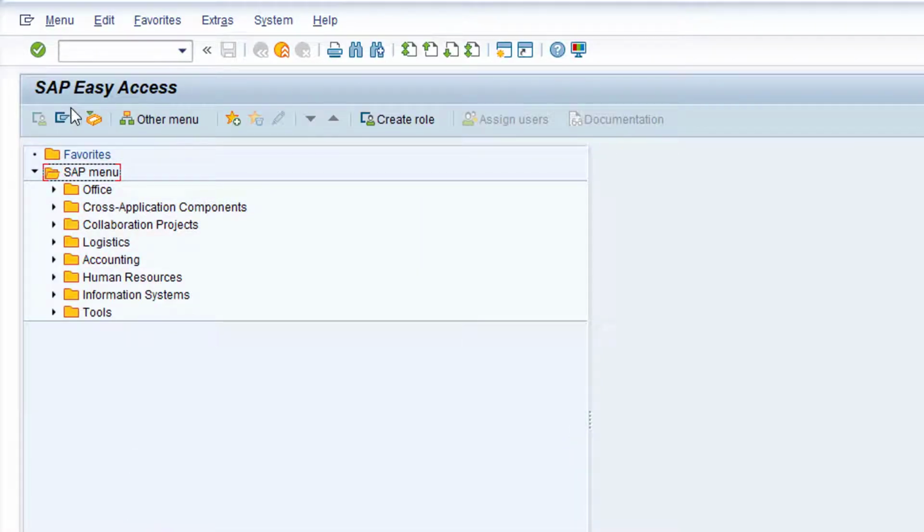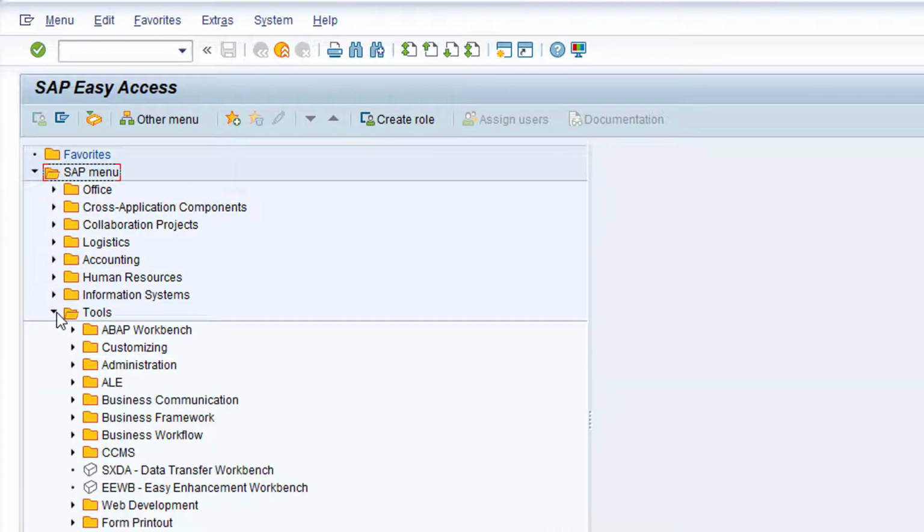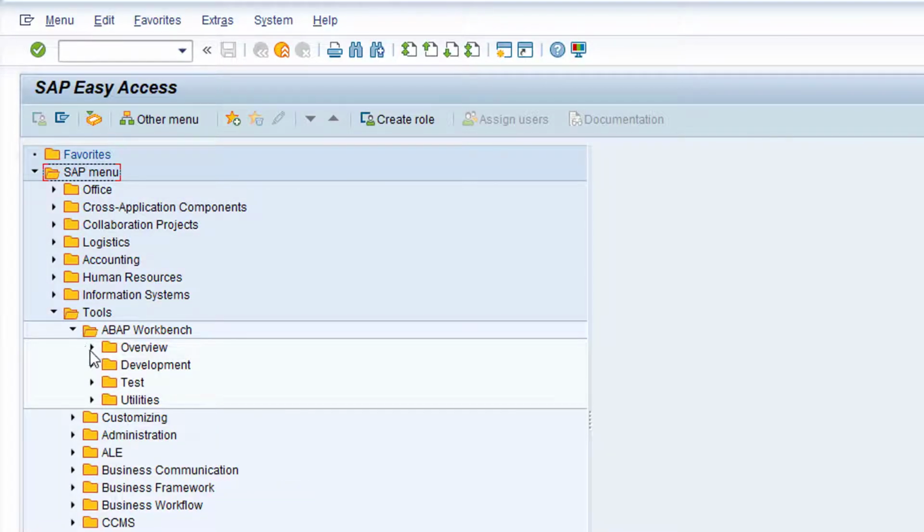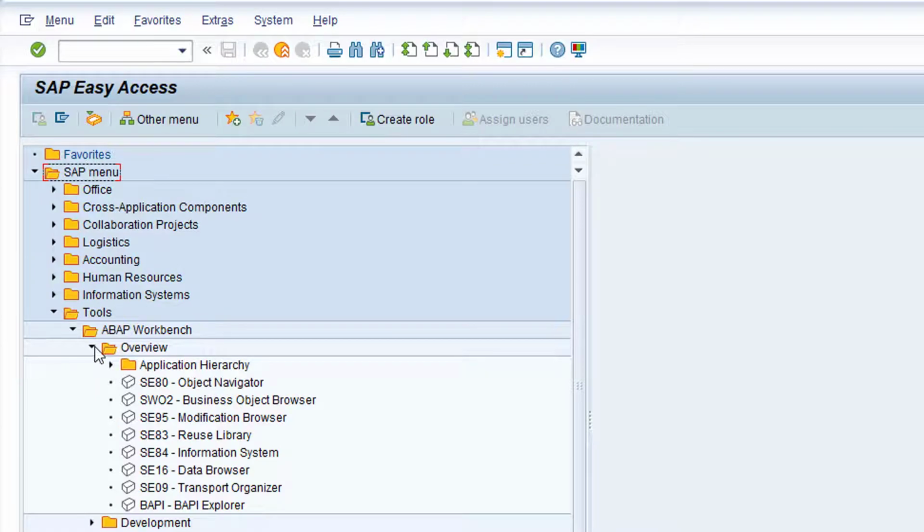Let's now execute the data browser transaction, transaction SE16, and analyze the tables to find the relevant fields. Start with the Tools folder, then ABAP Workbench, and Overview. Double-click on the entry for SE16 Data Browser.